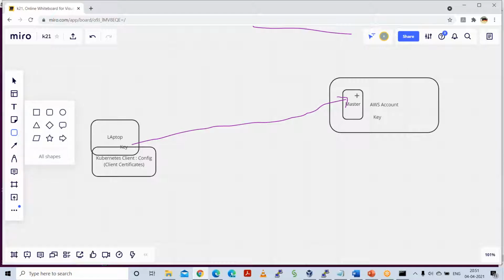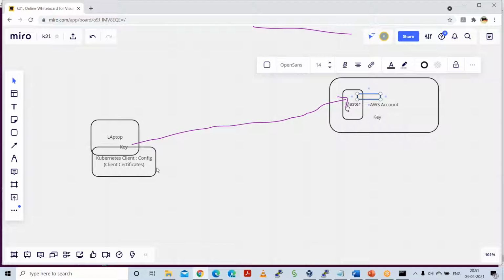But we have created one namespace here called development, but we have not assigned the roles to this particular user for this namespace. That's where, when we try to access the pods using the kubectl command from the development namespace, it gave the error. So that is the reason we now have to set up the role-based access control